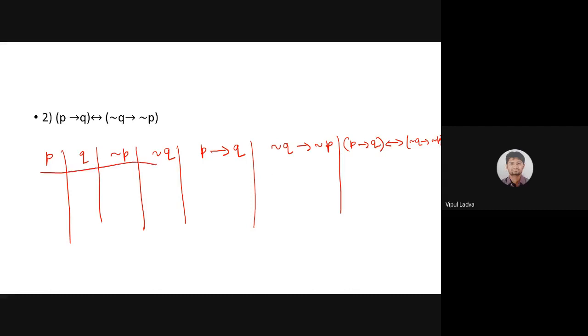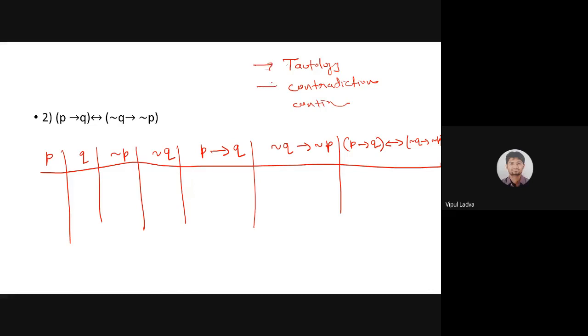Let's try to identify whether this is going to act as a tautology or not. I'm giving you 3 minutes, quickly. It will take at least 2 to 3 minutes. Take your time, I'm waiting. You need to check whether this particular compound statement is going to act as a tautology, a contradiction, or a contingency. Use your pen and paper. You need to judge from this. Quickly.